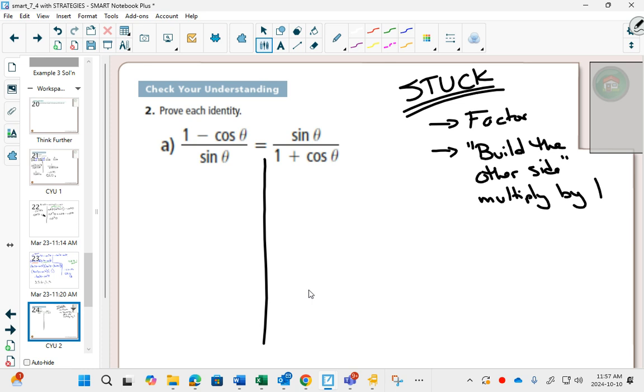So the build the other side strategy says this. If it's not working for you and you can't factor, well, I could multiply by 1 and I could at least get something the same. I could either choose to get my denominators the same, or I could choose to get my numerators the same. Normally people like to get the denominators the same, so I'm going to be like, well, this denominator is a 1 plus cos theta. This denominator is a sine theta. So if I multiply this side by sine theta over sine theta, and this side by 1 plus cos theta over 1 plus cos theta,